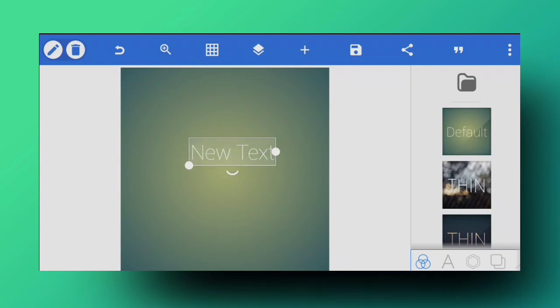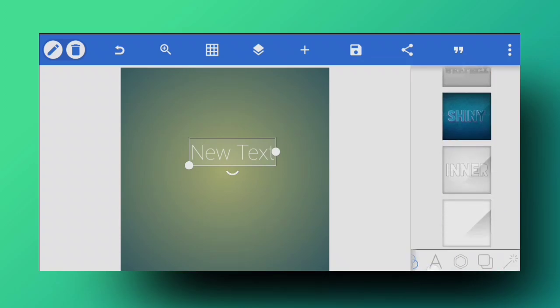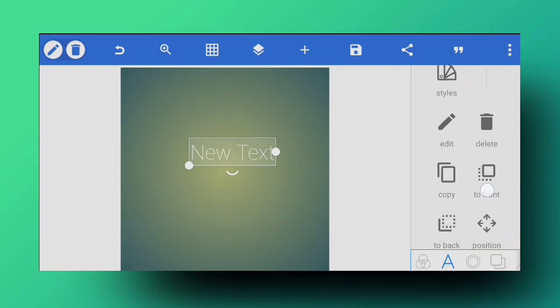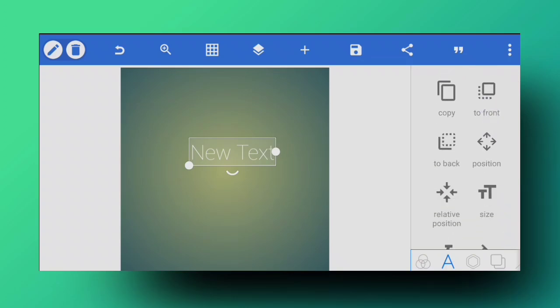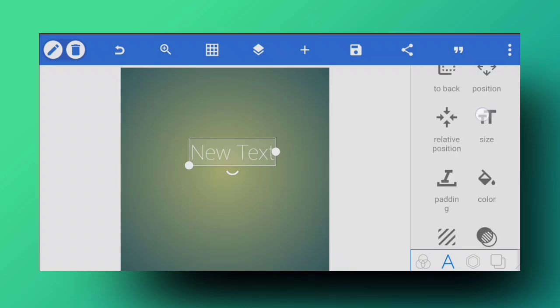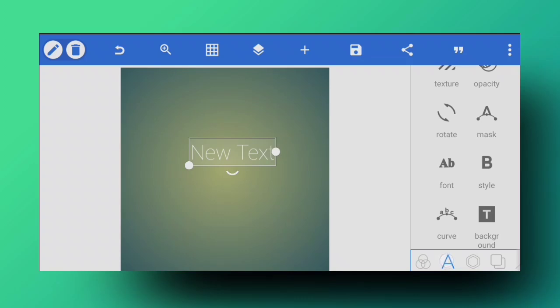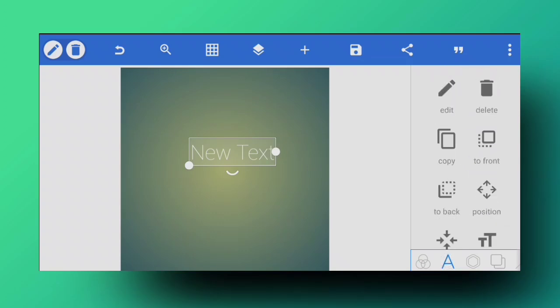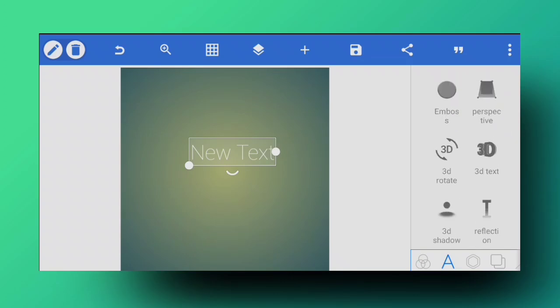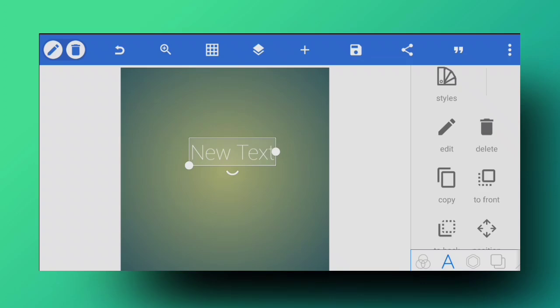Moving on, the text tool that we get, like I have explained this section and this section right here. If you see here the A symbol, a letter, this is what will let you edit the text. Every edit that you are going to do with the text tool or with your text is going to happen with this function right here, which will open all these functions that you can see. There are a lot of basic and very useful functions that you get with Pixel Lab. And what I like about Pixel Lab is they are very basic to see.